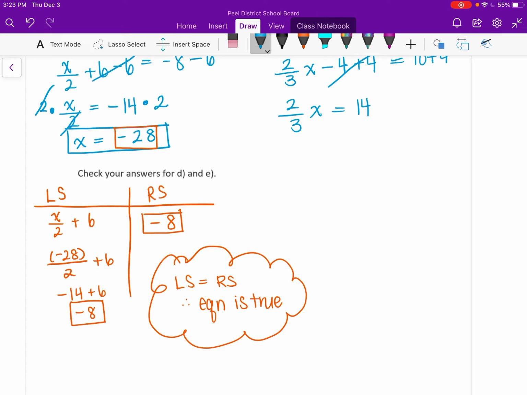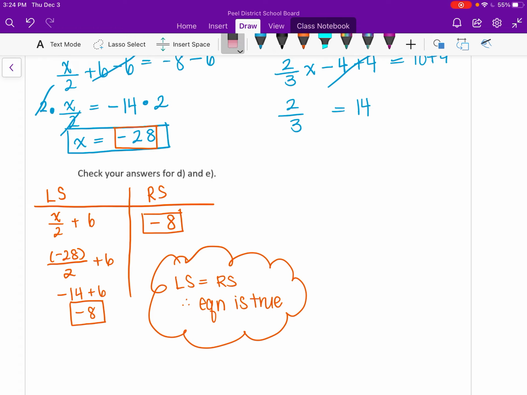Right, 2 over 3. I want to get rid of it, so if I'm doing x multiplied by 2 over 3, what I'm going to do is x divided by 2 over 3. So there's 2 ways that you can do this. I'm going to show you the way that I find the easiest first, and then I'll go back and do the other way. The way that I find the easiest first is right now I know that this is 2x,